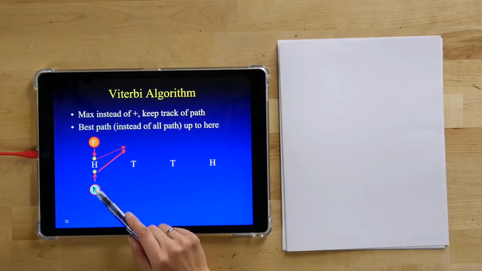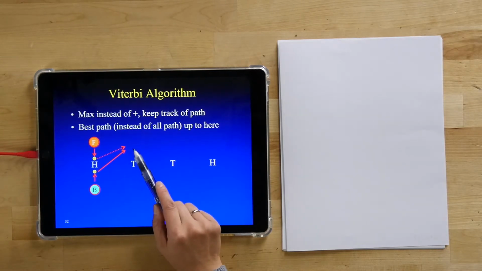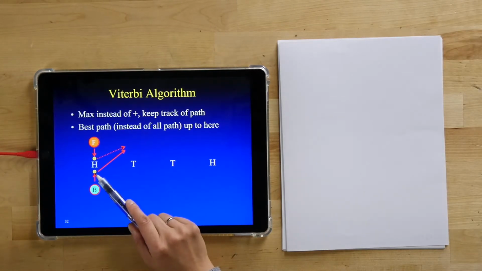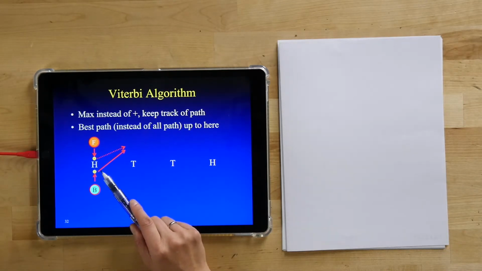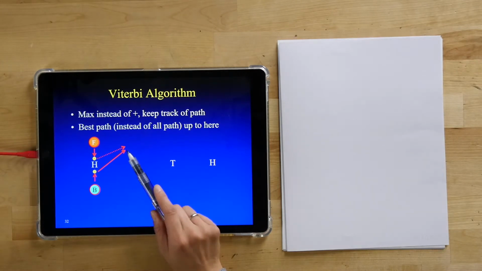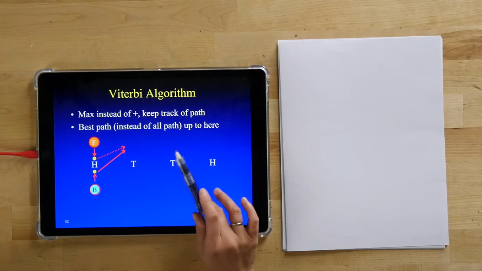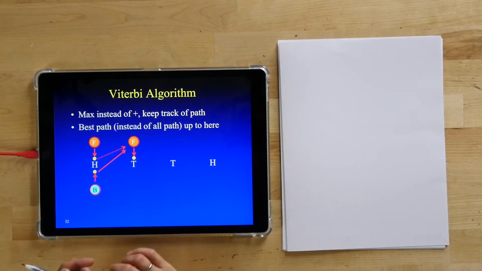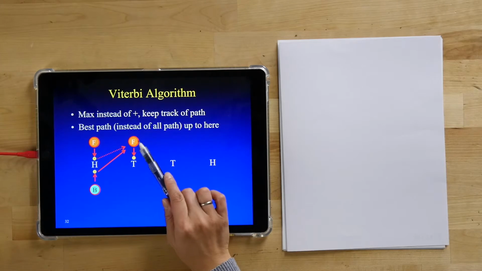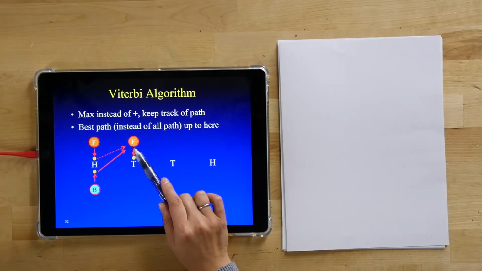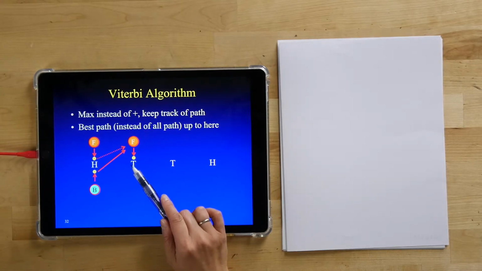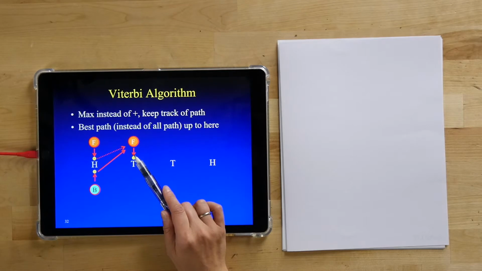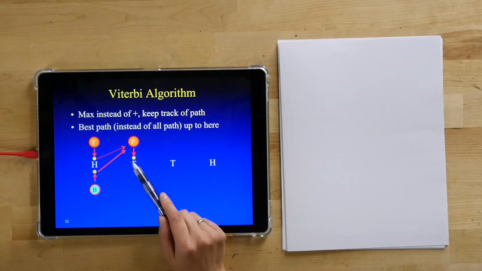And so now we know that from here, if I'm going to use a fair coin, the previous coin I used is a bias coin. And so then I just use this yellow dot, use this transition from bias to fair in order to get to the fair coin now. And then from this fair coin, I need to use the emission probability to give out a head. Use this fair coin to flip a tail. So that's the emission probability. And so this number multiplied by emission will give me this new yellow dot. And that's the